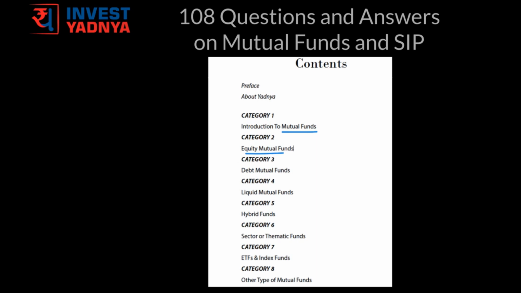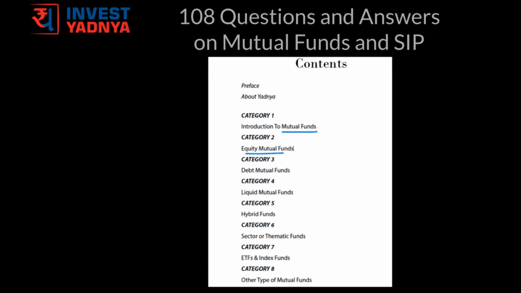What are they? Advantages, disadvantages, stock versus mutual fund comparison. Then category wise, it explains all the categories of mutual funds like large cap, small cap, mid cap, multi cap, etc. It talks about focused funds, quant funds, and the things that you should consider before investing into equity mutual funds. This version of the book has been updated in accordance with the new fund categorization defined by SEBI.